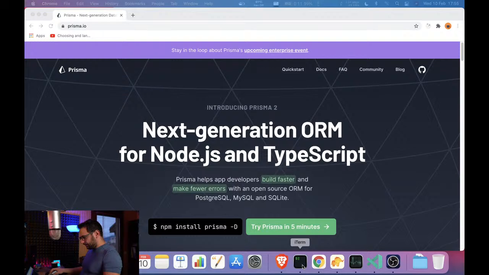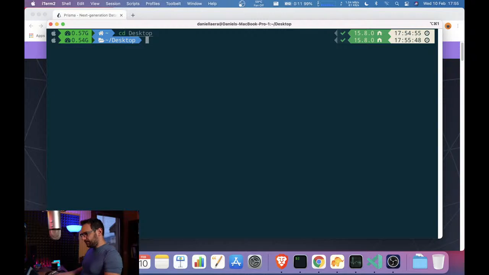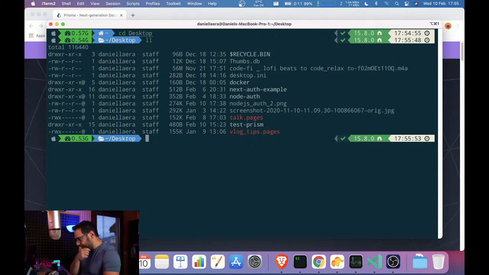Okay, so let's start anyway. I want to put myself on the desktop. I want to call the project the same way as the other one, next-auth example.